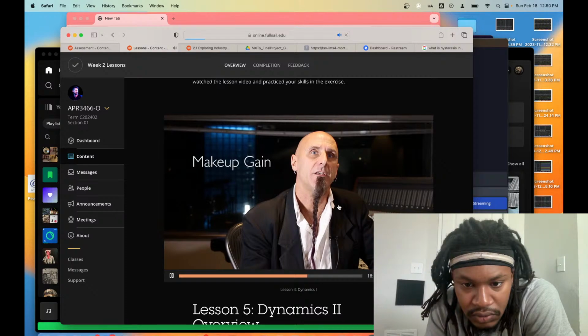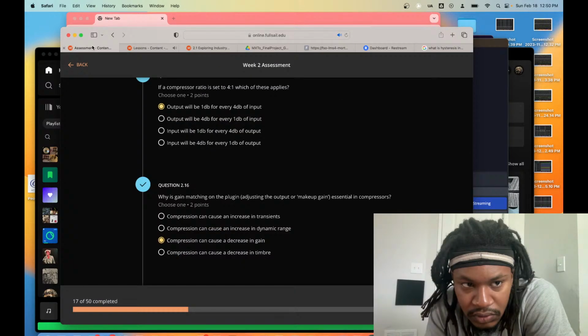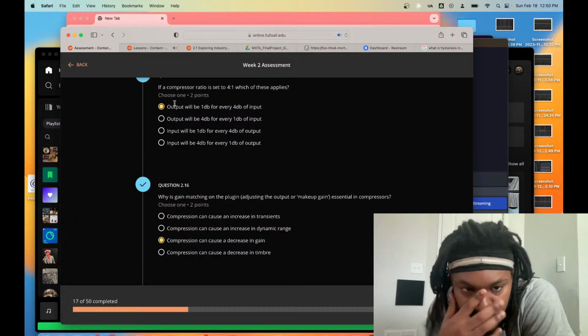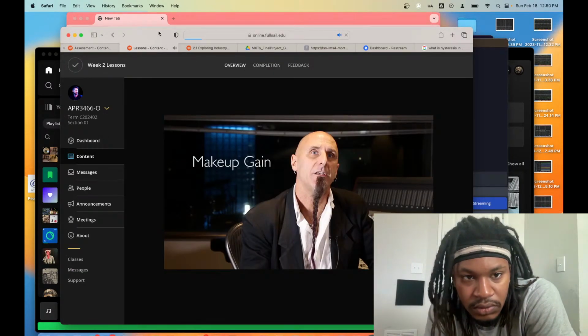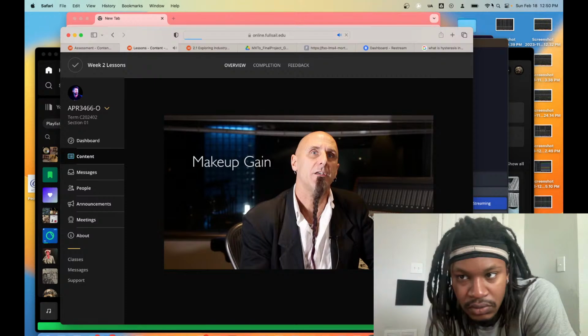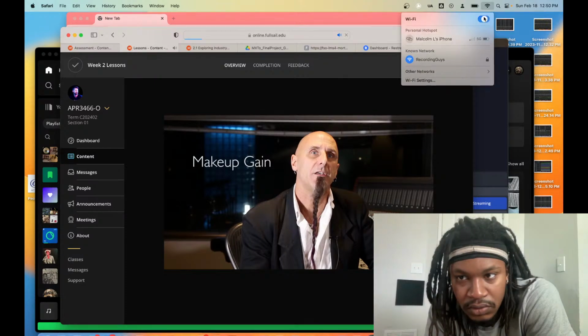The top waveform illustrates the original signal, while the second waveform shows the result of the compression. In the second diagram, we can see that once the signal has crossed the threshold,